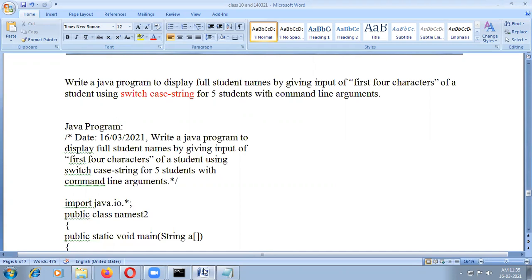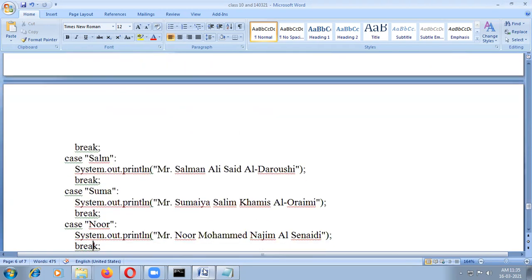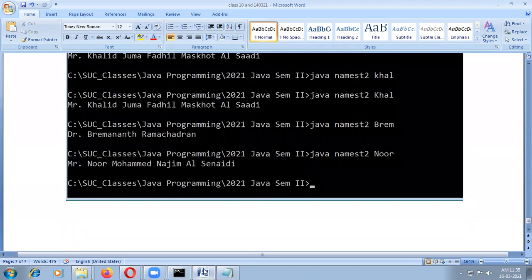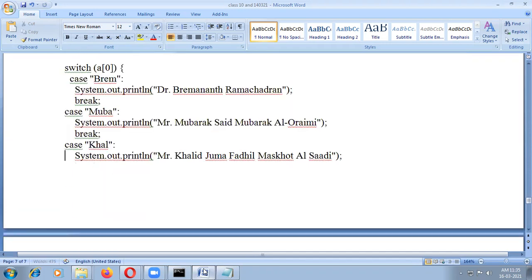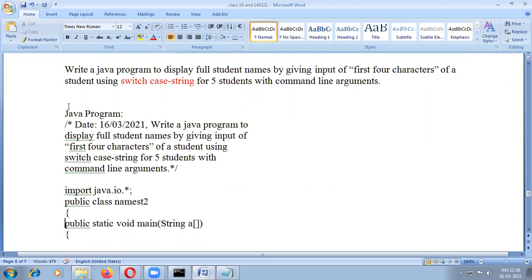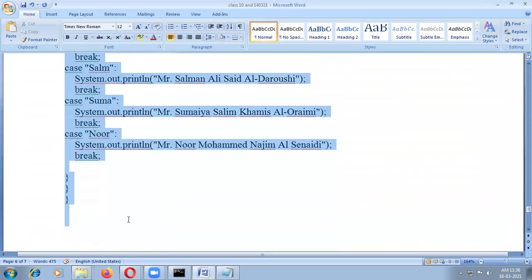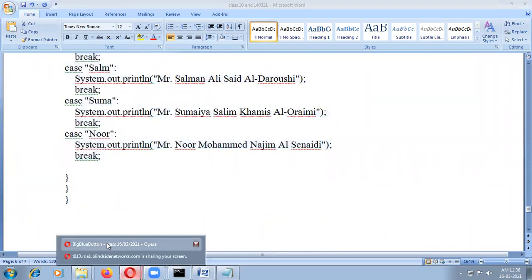After that, children. But what is important is that we need to finish our duty. Finished. What is the next program today? We need to go for another program. This program is finished. Write a Java program to display 4 characters using a switch case statement.